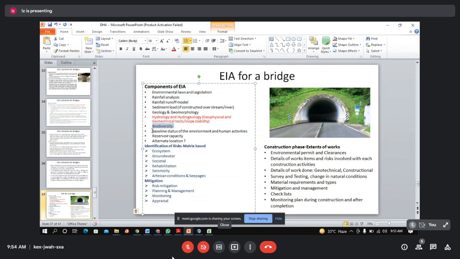So how is the baseline done? How is the baseline done for groundwater? Baseline for groundwater or surface water is done with monitoring. For example, first you will monitor the water table, right? For quite some time, you will try to capture if there is any dynamic change prior to the project. This is the EIA phase, right? And what is the water quality? Before the project, for example, water quality was very good,